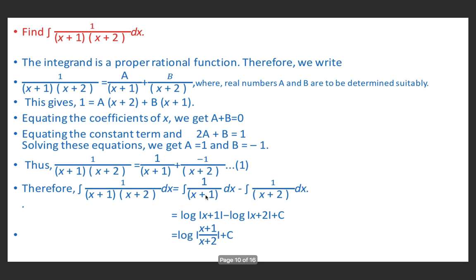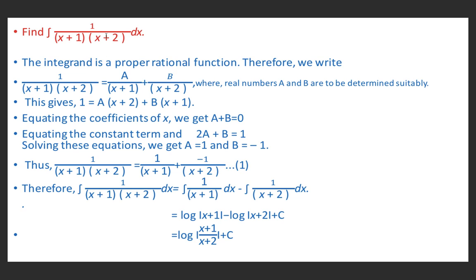So now we will study how to integrate a rational function using partial fractions. For the sake of simplicity, I have considered only simple questions so that you know the method of finding the integration of rational functions using partial fractions. And you can attempt any question from the exercise using the formulas and the method you have studied earlier in your school classes.